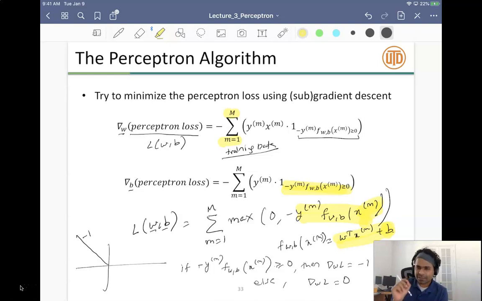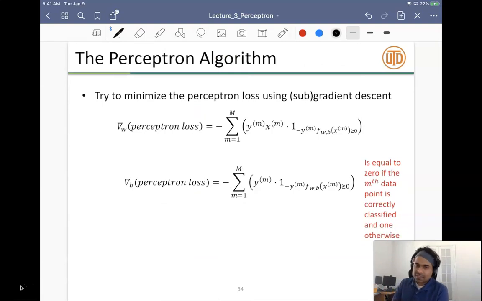One slight subtlety over here is what to do at this point if it is exactly 0. That's why you have a greater than or equal to 0 over here, because if it is 0, then you just use -1. So even in the boundary case, you just use the gradient as -1. You could use the gradient as 0 as well, by the way, in which case you can replace this indicator by being strictly greater than 0. That's also an alternative way of doing the perceptron. But this is an edge case, because it will not be exactly equal to 0. In most cases, it will probably be some small positive or negative value.